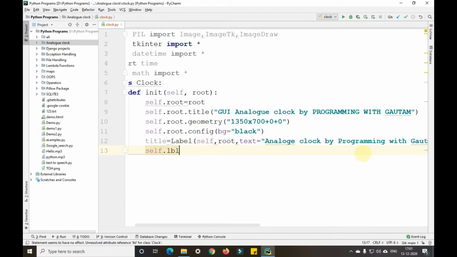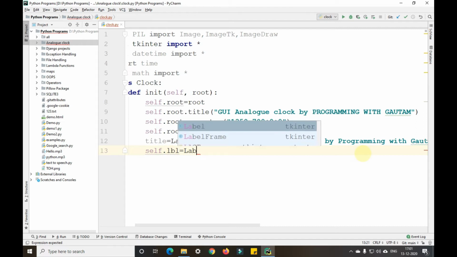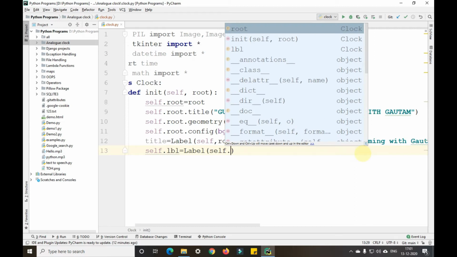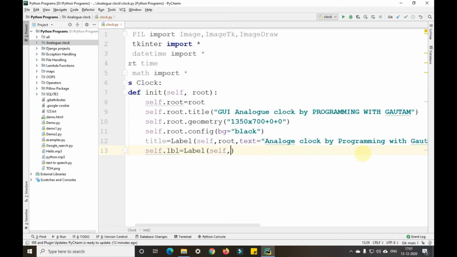Okay. After this, self.lbl equals Label, self.root, comma bg equals green. What is this and all, I'll be telling you further, guys.